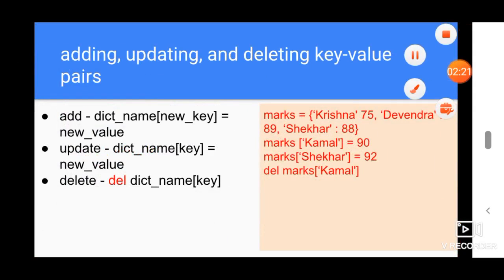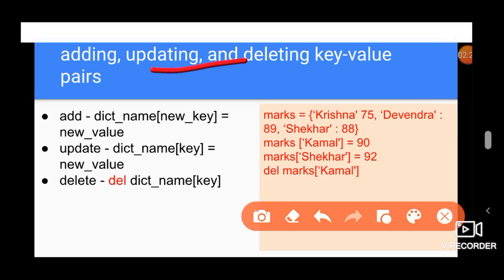Then we come to how we can add or remove key value pairs, or how the values for some key may be updated. To add, we write just the dictionary name, and within square brackets we write whatever new key we want to add. Then we use the assignment operator and assign it the new value which is to be added. See this example. We have this marks dictionary which has three keys: Krishna, Devendra and Shekhar. Right. And we want to add another key value pair, the key Kamal and value 90. To do this, we just write the name of the dictionary followed by square brackets containing the new key to be added. Then we use the equal to operator, and then we write the new value which is to be associated with the new key. This is how you add a new key value pair